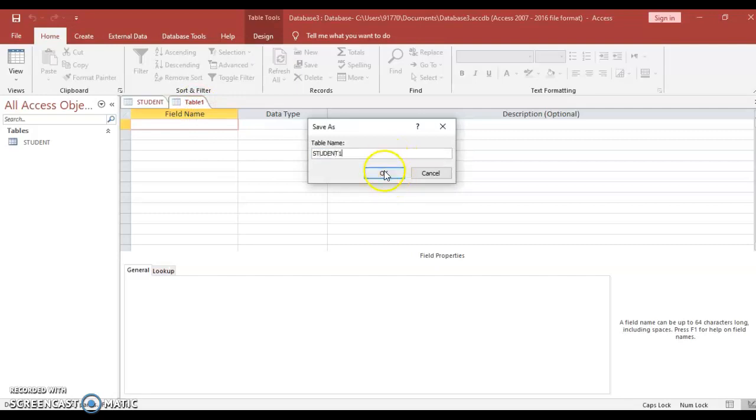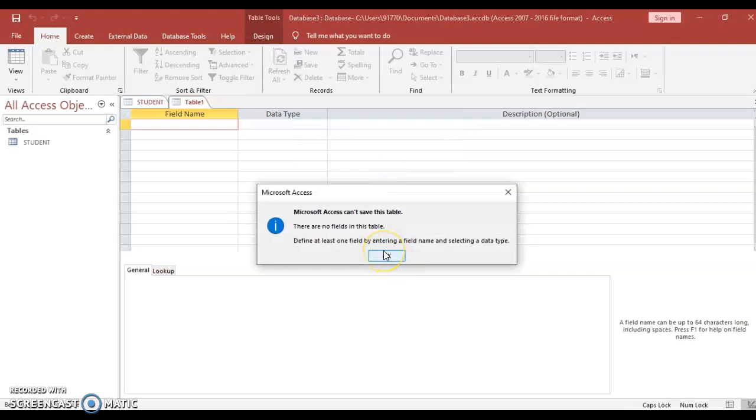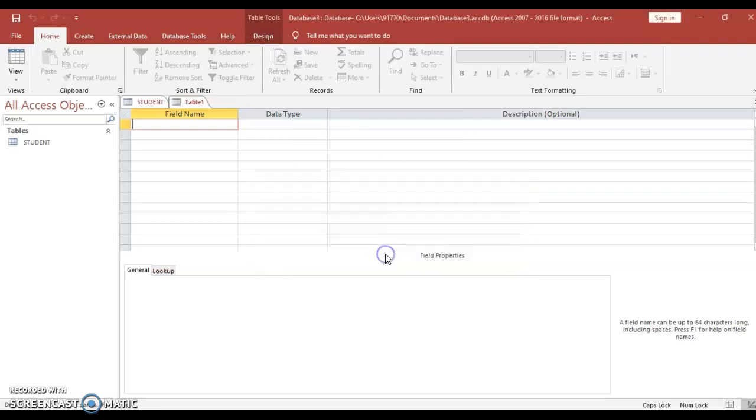Student 1. I am going to create another one table. Okay, field name and data type. First of all, this is your design view. Okay, so in the design view, we are going to create the column names and the data types of that particular column.